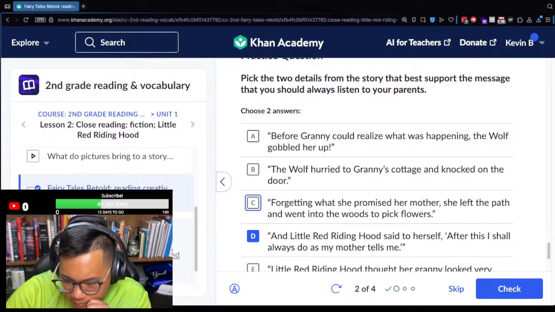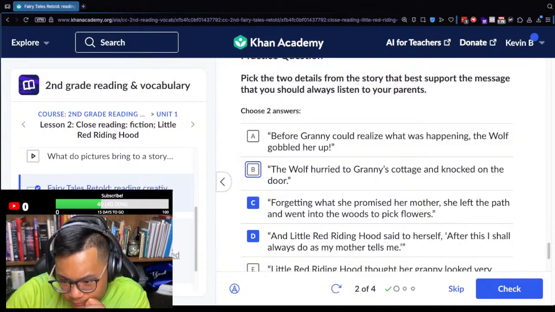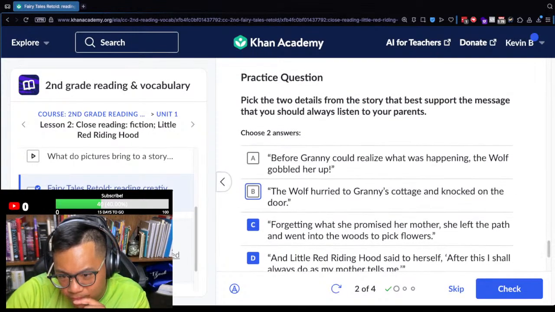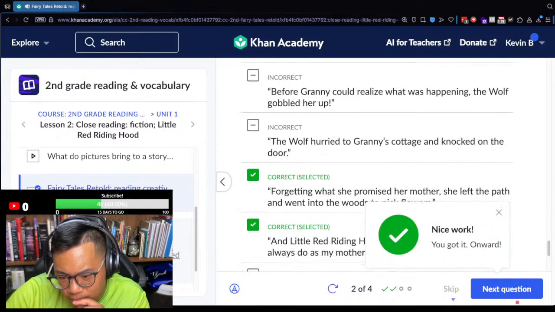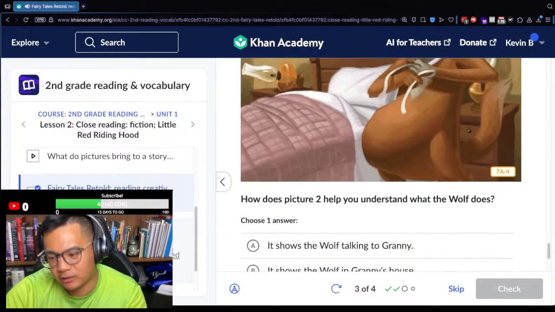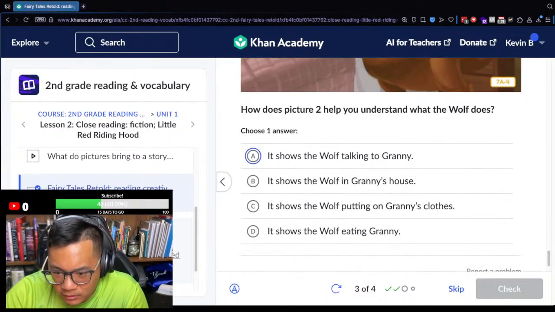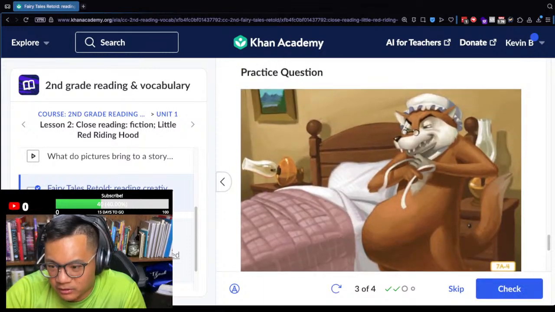Okay. Got it. Knew it. Shows a wolf eating Granny.